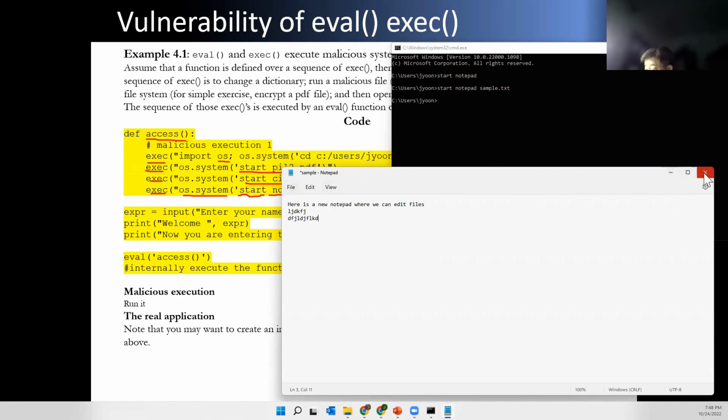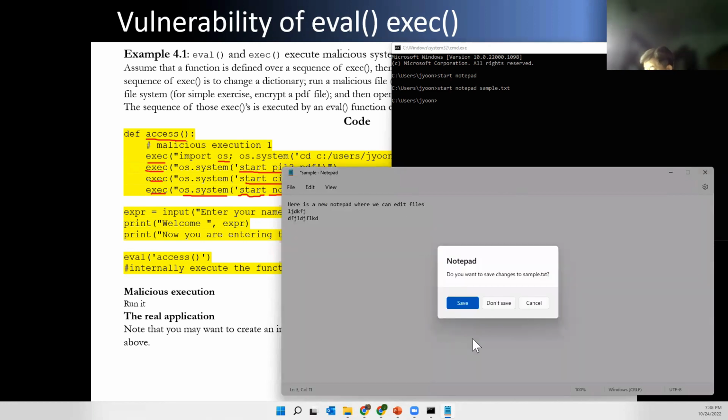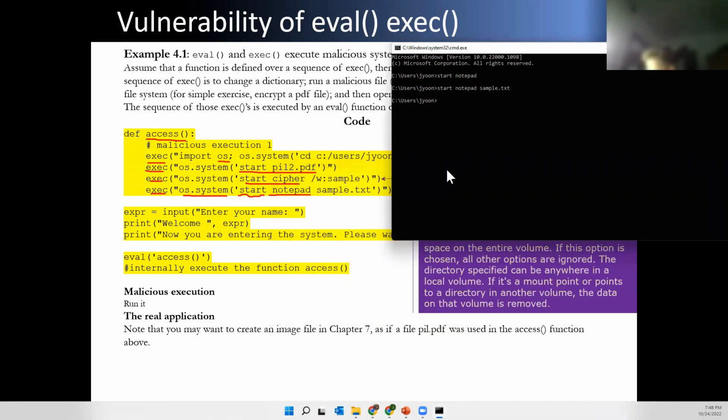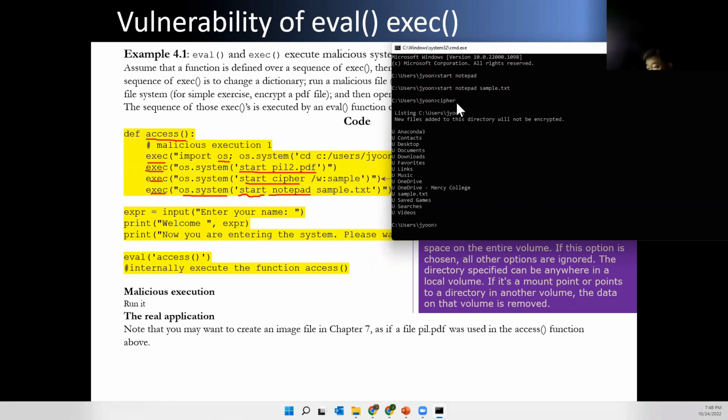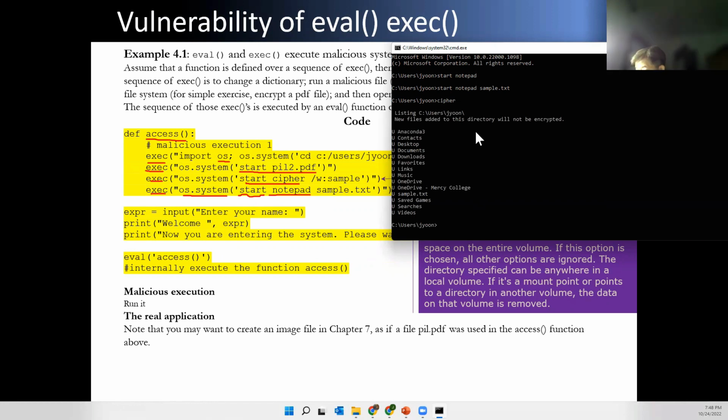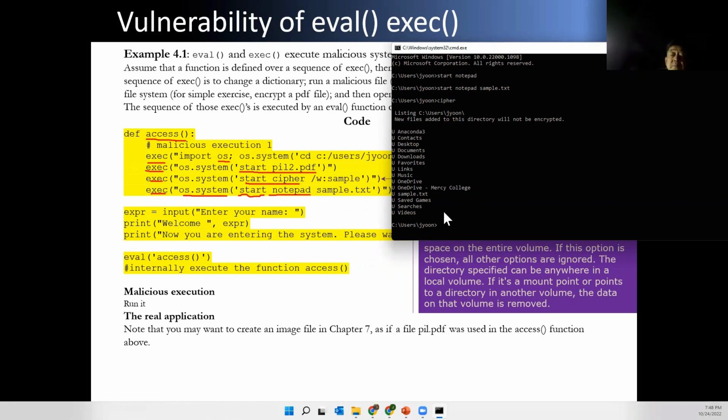And you can save in save. If I simply close this, then it may not be saved, right? Save, no, don't save. Something like this. And also we can do Cipher. By the way, if you want to encrypt, there is a remember